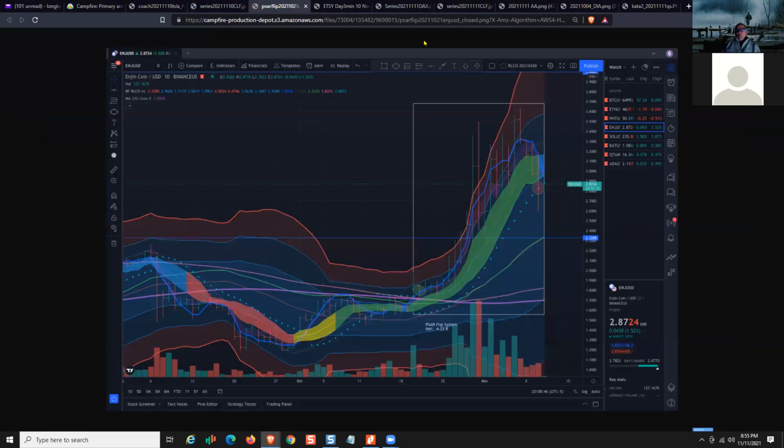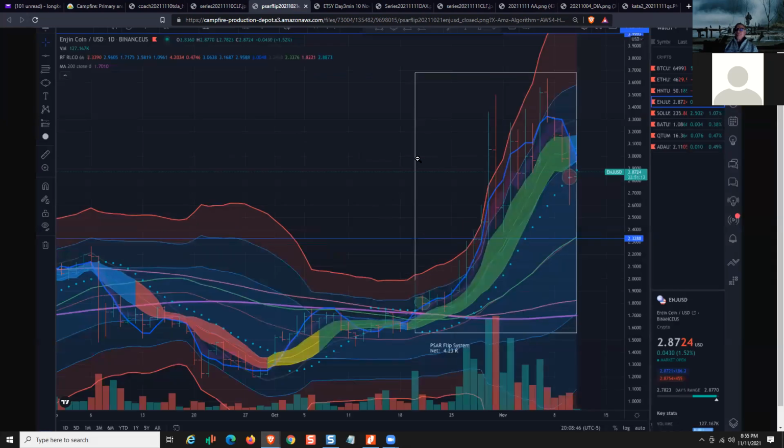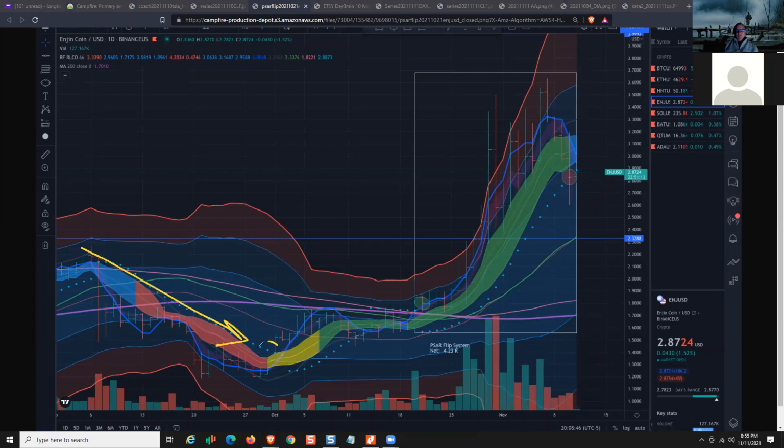This is Bill Scheit on a swing trade using his PSAR flip. There's the sell-off. Here's the SSC. This was certainly possible with an entry here. And maybe this would have gotten you out if you were using the Wu Wei, but then this would have gotten you back in, or this one gets you back in. He waits for the PSAR flip, nothing wrong with that. And then he's following it all the way up